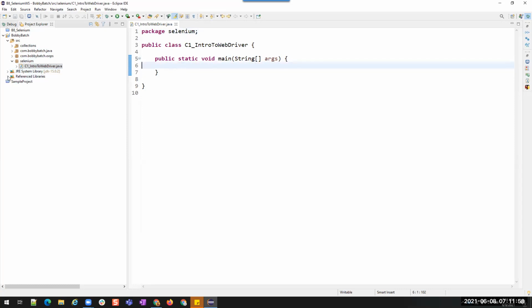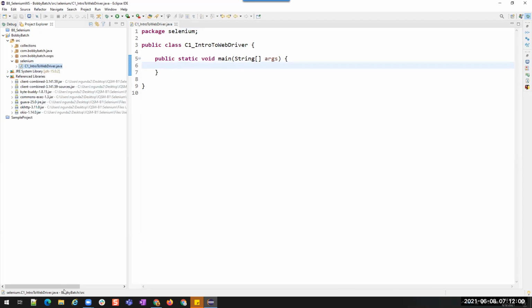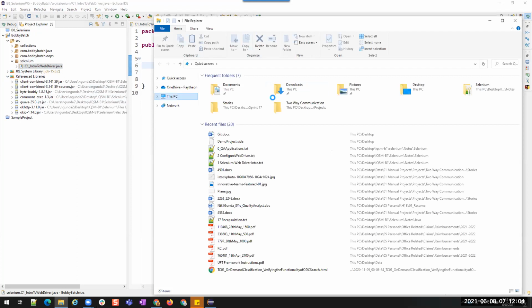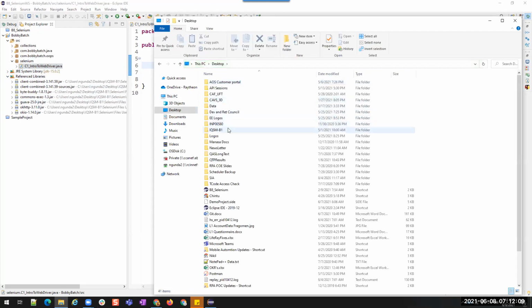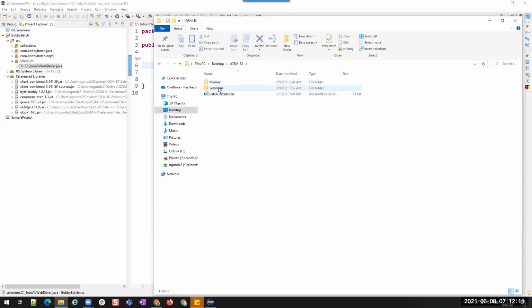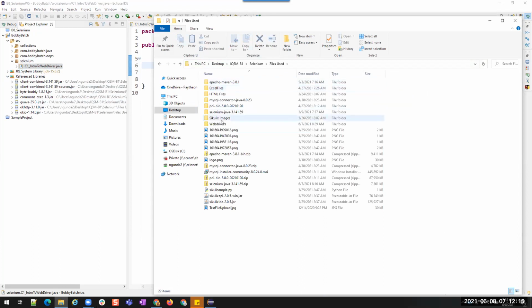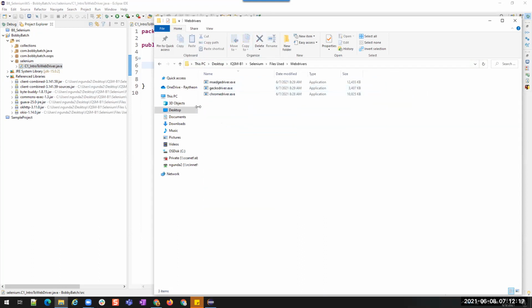To open the browser, we added these reference libraries, and in our folder, under Selenium, under files used, under web drivers, we have downloaded the browser exe files as well. Right? Now we have this path.